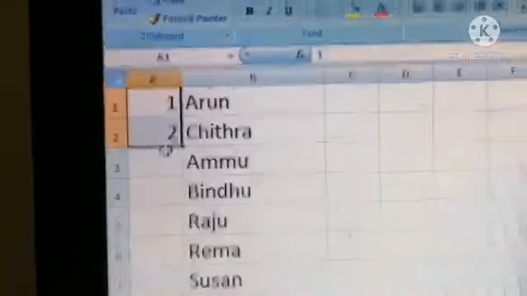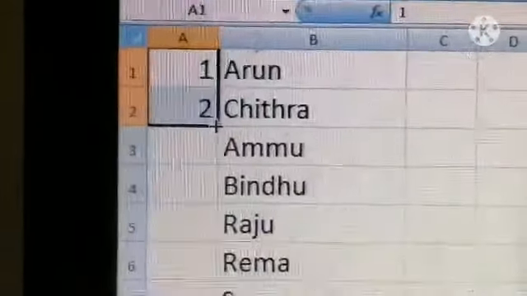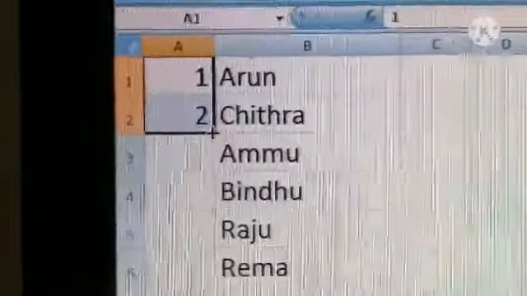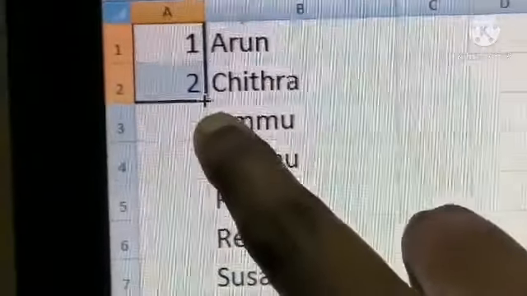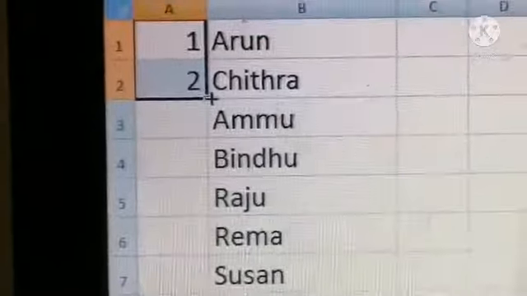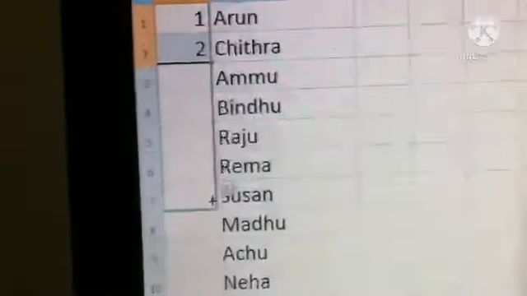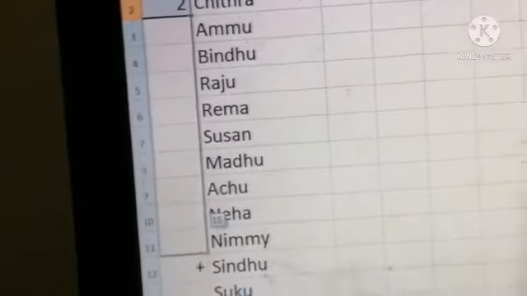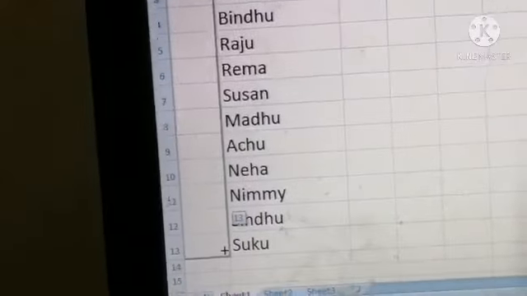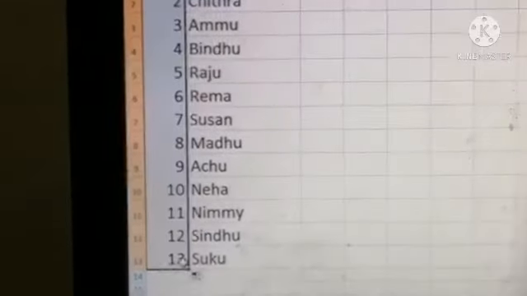Okay, after selecting the numbers, go to the edge of that cell. At that time we can see a plus symbol. Then just drag the mouse, and when it reaches the end of the data, release your mouse button.